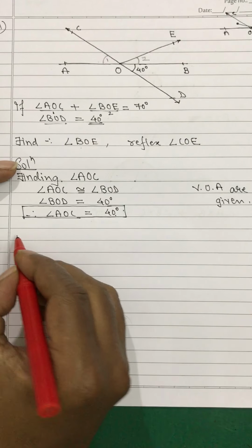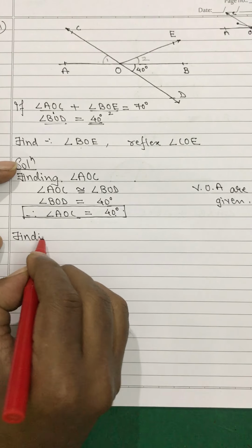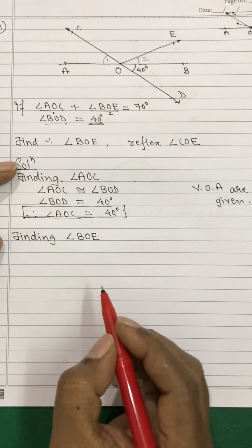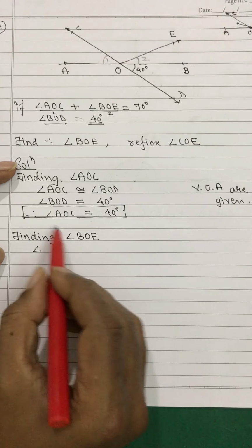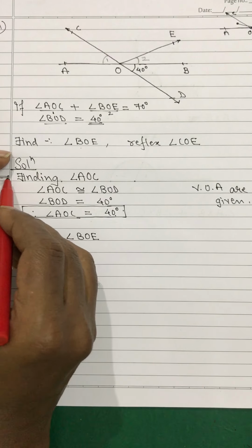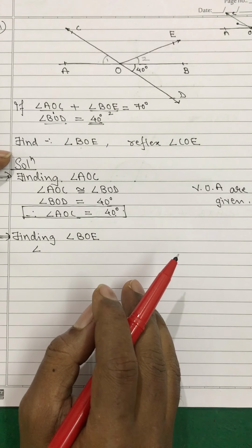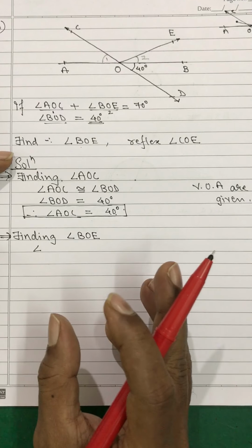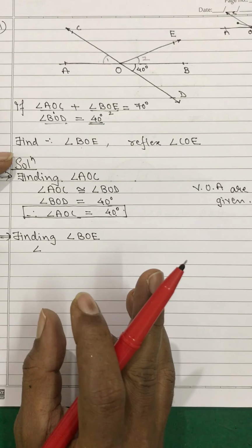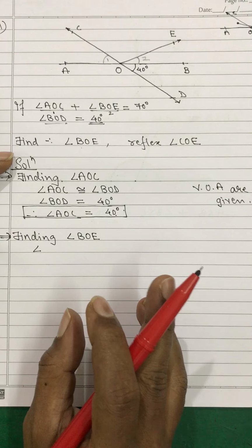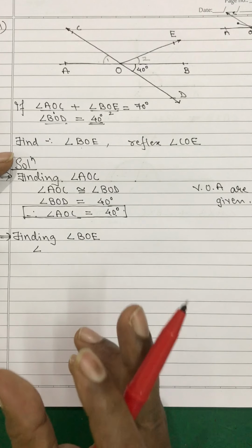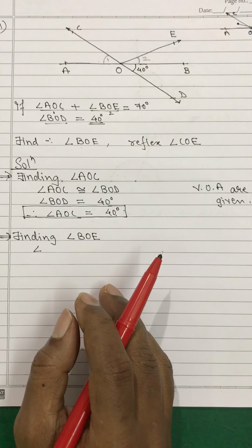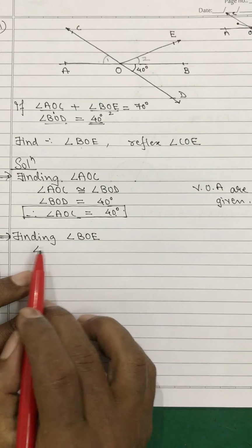So now you will write over here, finding angle BOE. Now this what is given to you. See, it is always nice to write. You should always specify what you are trying to do, in what way you are proceeding in your solution. This is very important. This helps the examiner, the checker, to understand what you are trying to do, and then the checker becomes very lenient in giving you marks. The angle BOE, finding angle BOE.